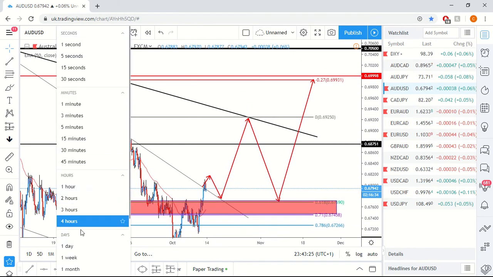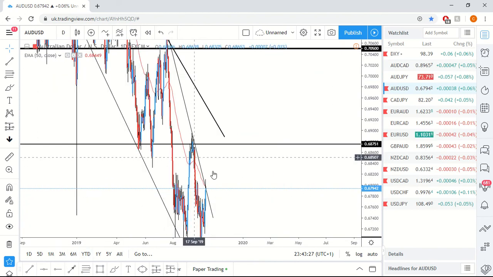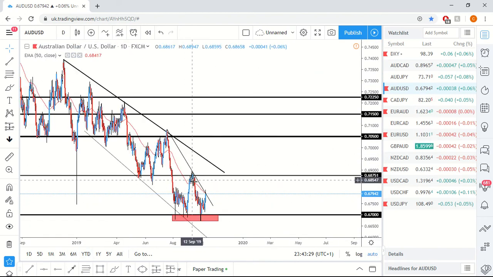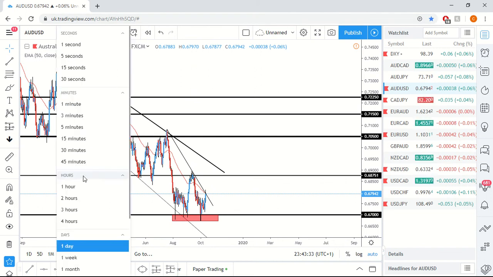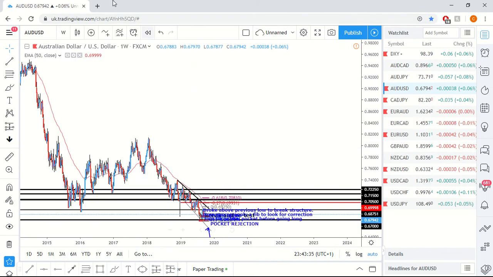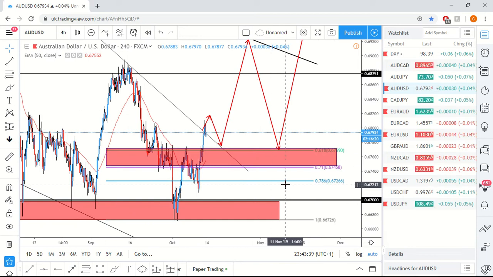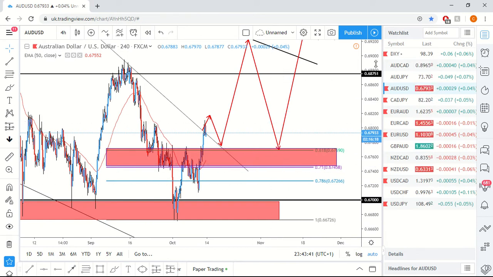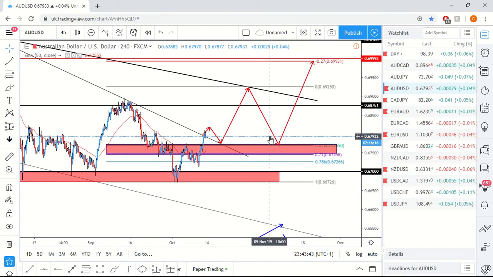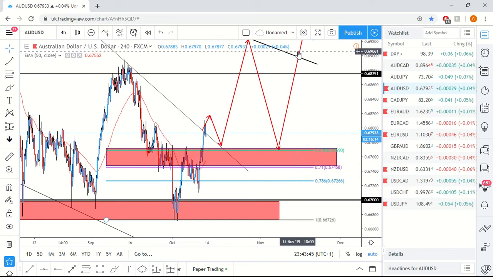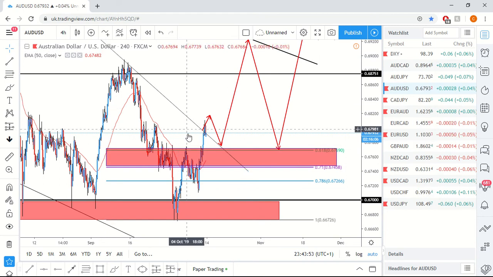If we go back onto the daily, it'll be a little bit clearer. As you can see, we've got this trend line here for the shorter term, and then we've got another trend line here. Back onto the 4 hour, we can see a touch of this trend line, a deep correction into our golden pocket region before going up to our minus 0.27 fib. Of course, this does depend on what the DXY chooses to do, and then obviously we can play off of this to our advantage.